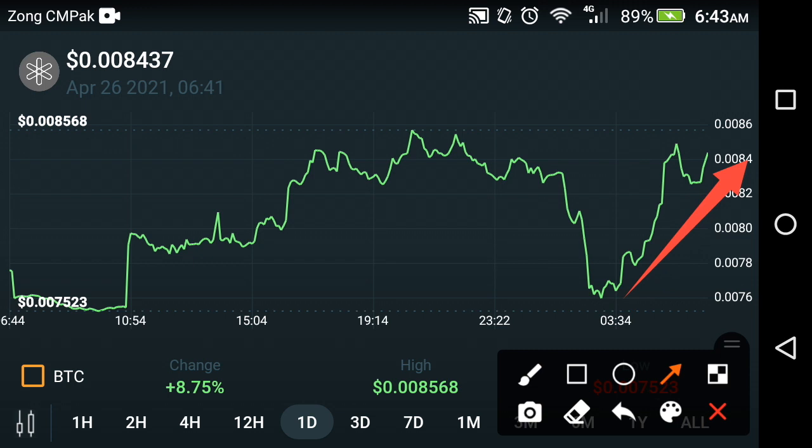A big jump is coming soon. When is the big jump coming? In the last half of this month, friends. If you want to make money in the cryptocurrencies market, remember that in the last half of the month every cryptocurrency has a good amount of profit, friends. So if you are a holder, please don't sell it this time, wait for the last half of this month,